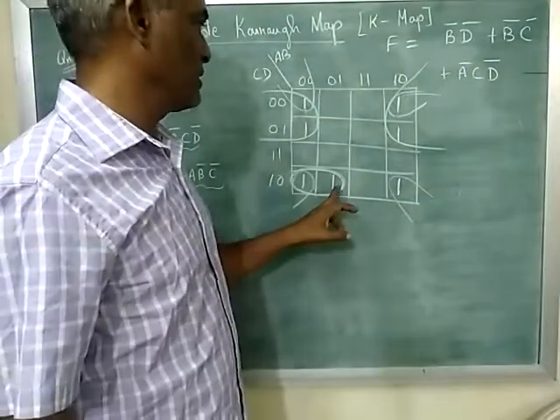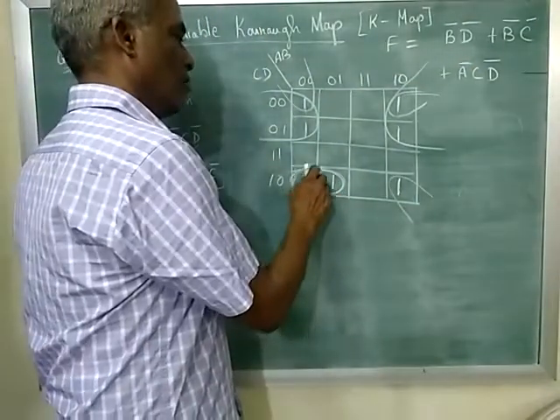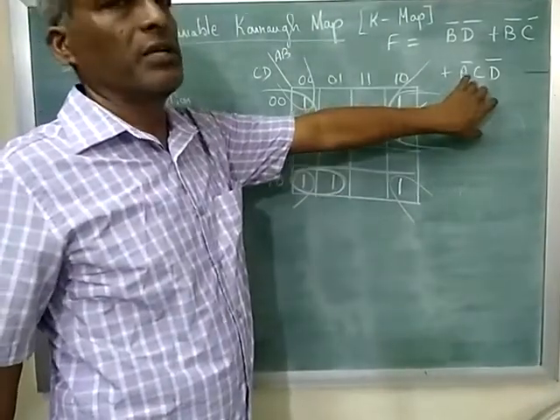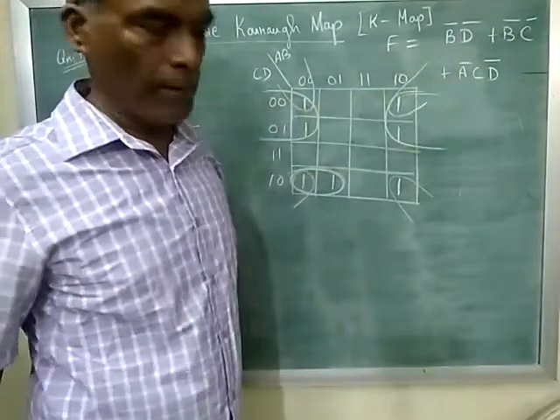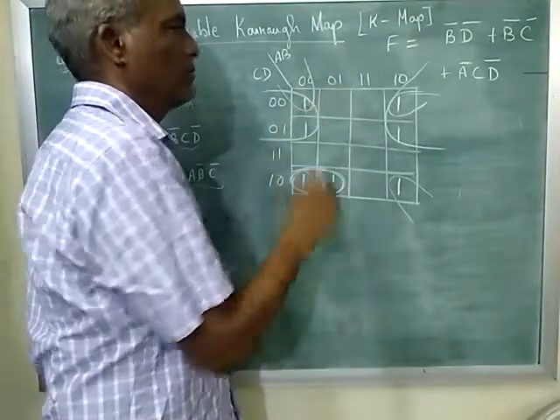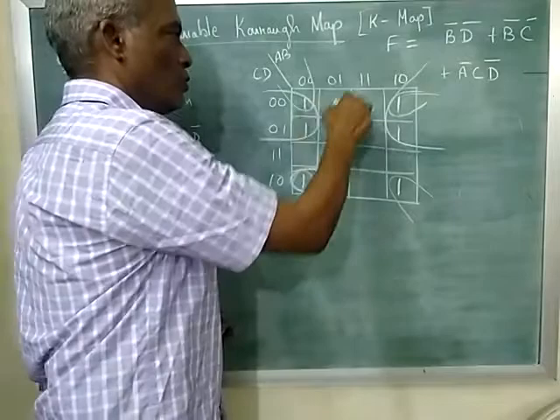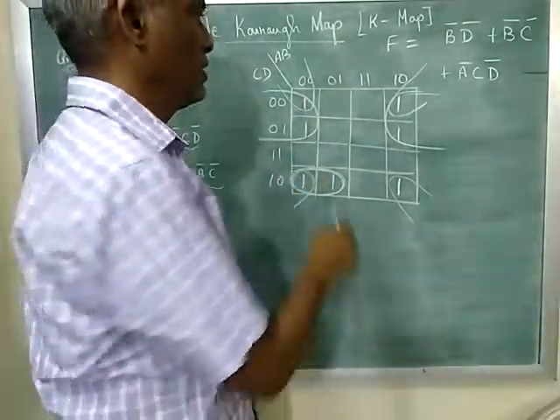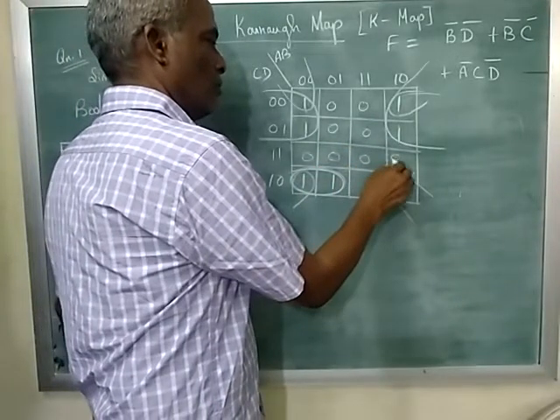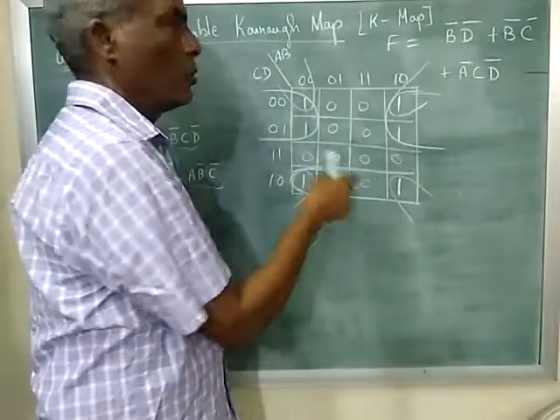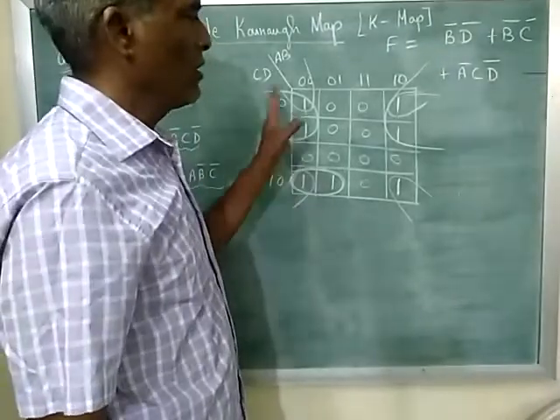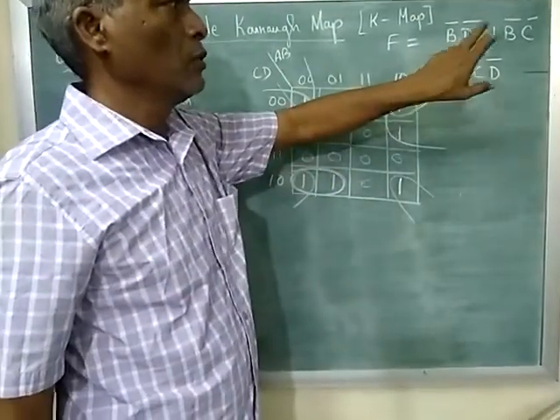The last one left out is this one. This one can be grouped only with this term. So when you combine 2 terms, here you will get 3 terms. That is A bar C D bar. Suppose in some other problem, if you have a 1 here, then these 2 ones and these 2 ones can be combined. But here we have only 0. Okay, these are all zeros. Suppose if this is 1, what we can do? These 2 ones and these 2 ones can be combined. So now we have 4, therefore we will have 2 variables.